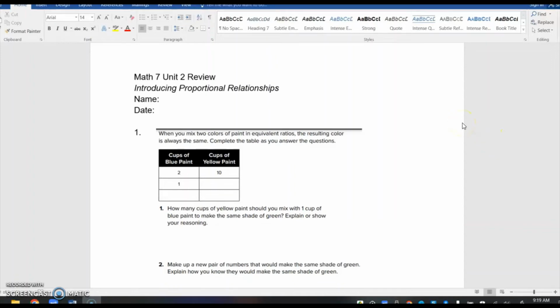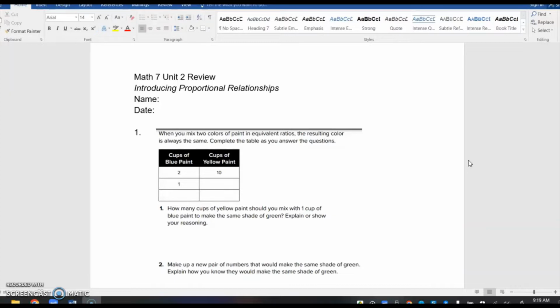Hello Math 7. This is your Unit 2 review where we've been talking about proportional relationships all unit. On this review, I'll go through about 11 problems with you that should help you prepare for your test. If you are not in Mr. Gillis' class, if you're watching elsewhere in the world, again, this is for the Illustrative Mathematics series for grade 7,